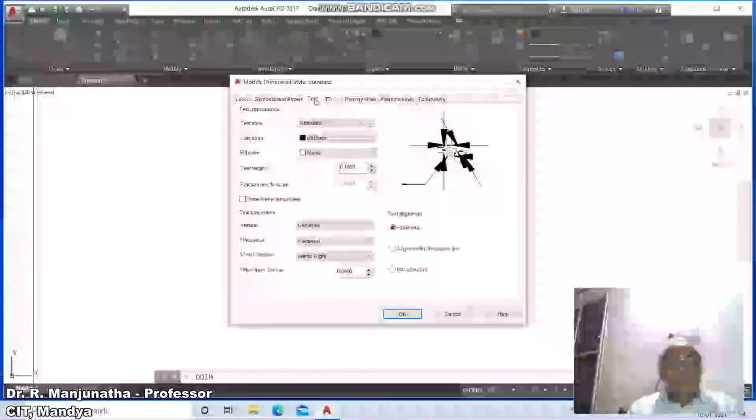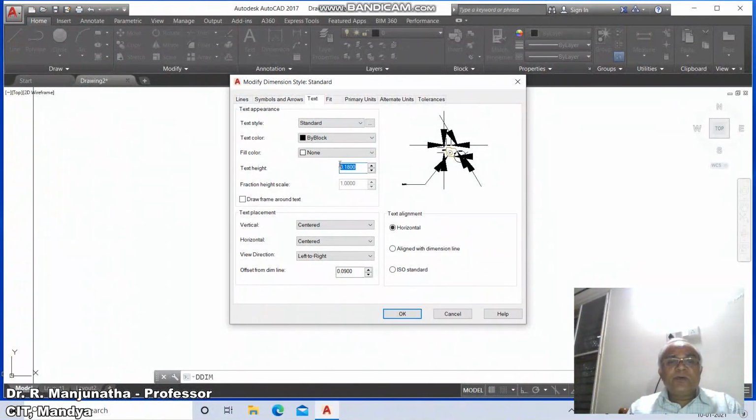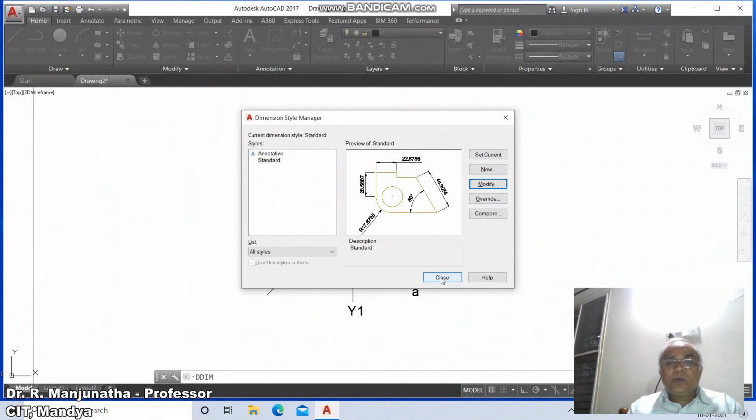Then you go to text, text is also 4. Then aligned with dimension line, that is, aligned. Then vertical, it is centered, you make it above. Then offset from the dimension line, the text, that is this distance, you keep it as 2. Then say OK, then close it.